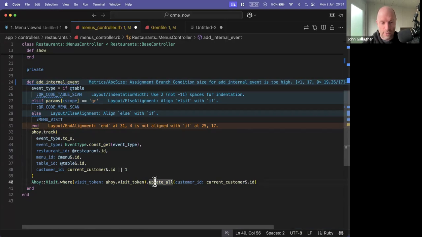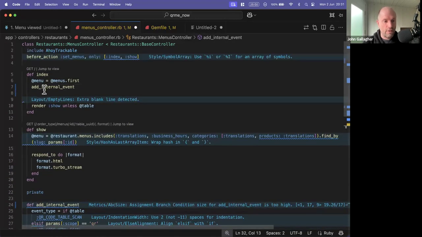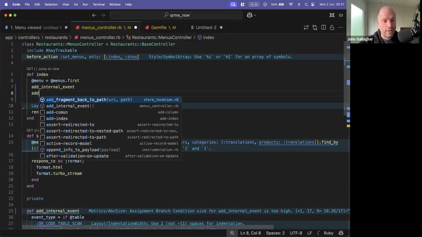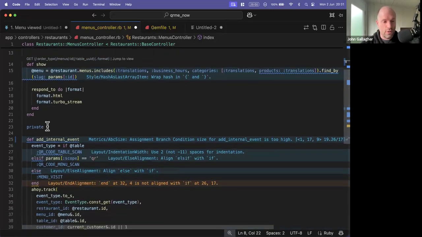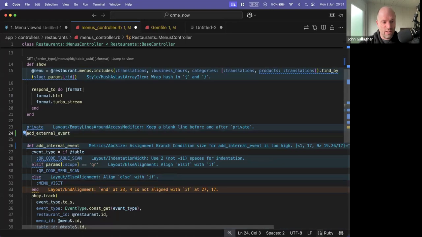And then you're doing some updates as well. Interesting. So you're tracking this internal event. And we're going to say add external event. There's loads of improvements we could make to this, but I'm just going to